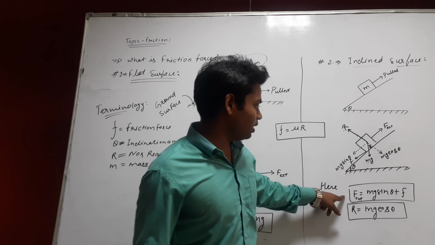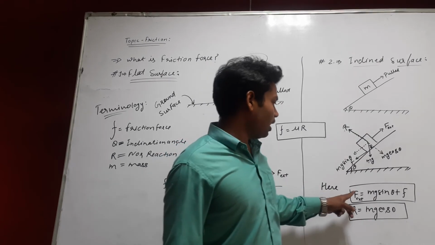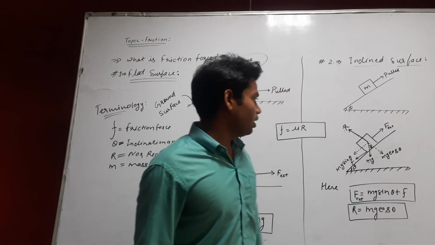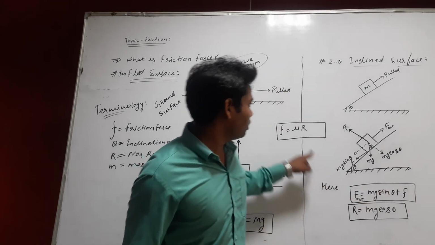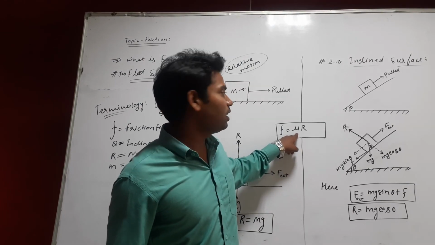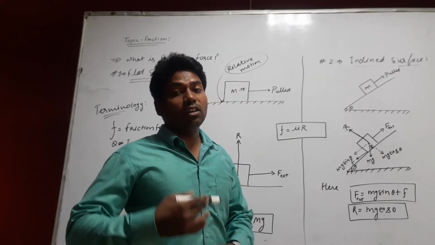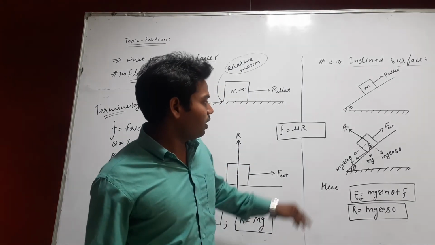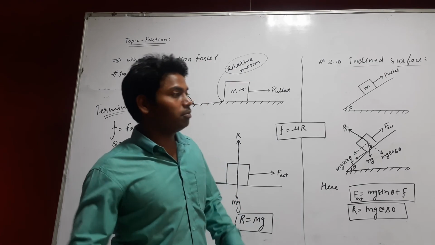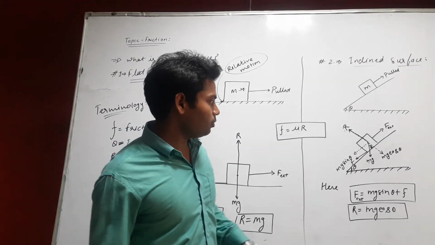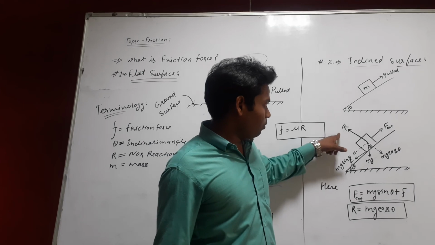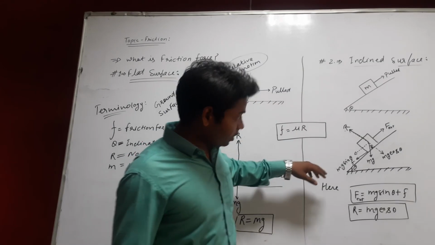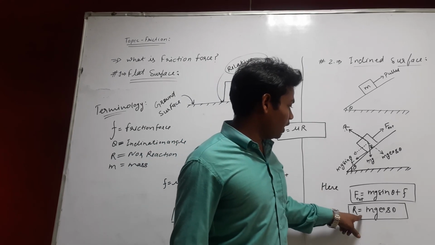As you can see in this equation, F will be equal to mg sin theta plus the friction force. As you know, friction force is mu into R. The value of mu depends on the roughness or smoothness of the surface, and it is always given in the question. It will always be below 1. Now if you have to calculate the normal reaction acting on the body, it will be R equal to mg cos theta.